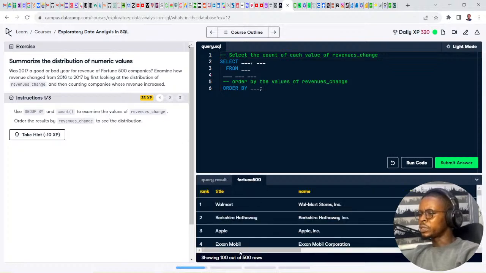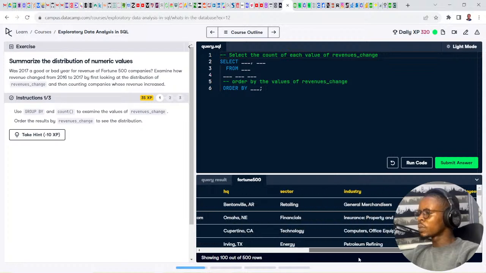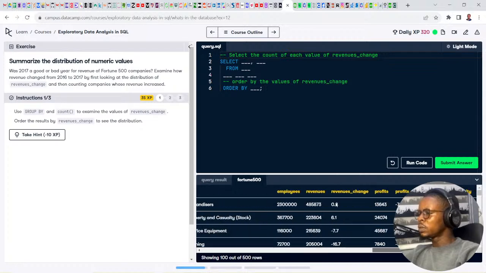Let's see the column revenue change from here. Okay, there's a column called revenue change. This one here. So it says select the count of each value of revenue change. What are we counting by? Use group by and count to examine the values of revenue change. What are the results by revenue change to see the distribution?